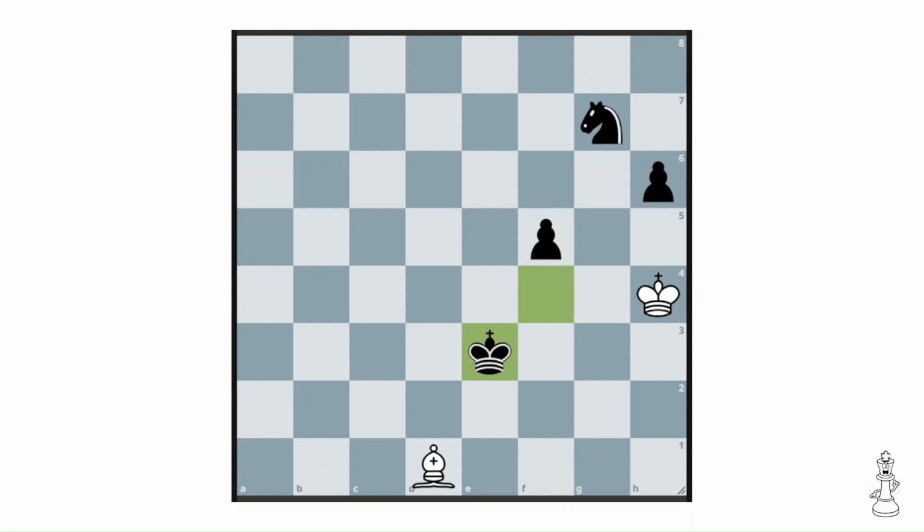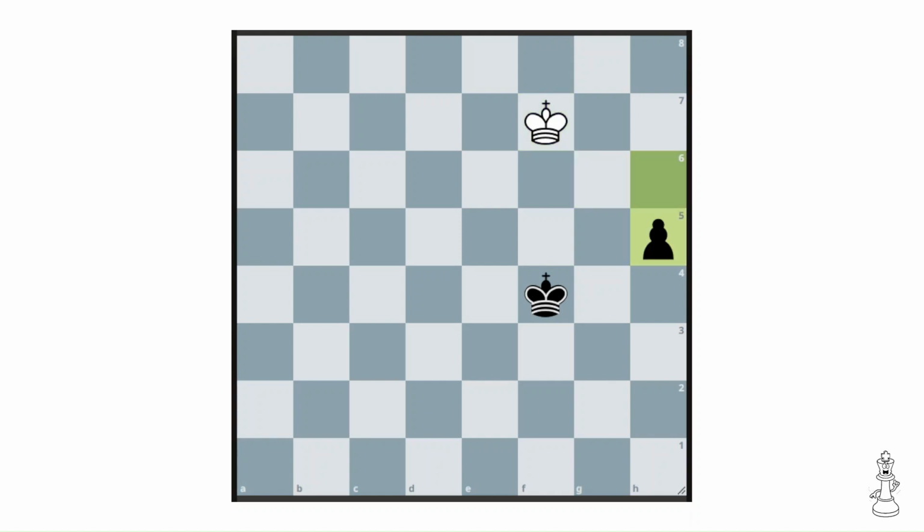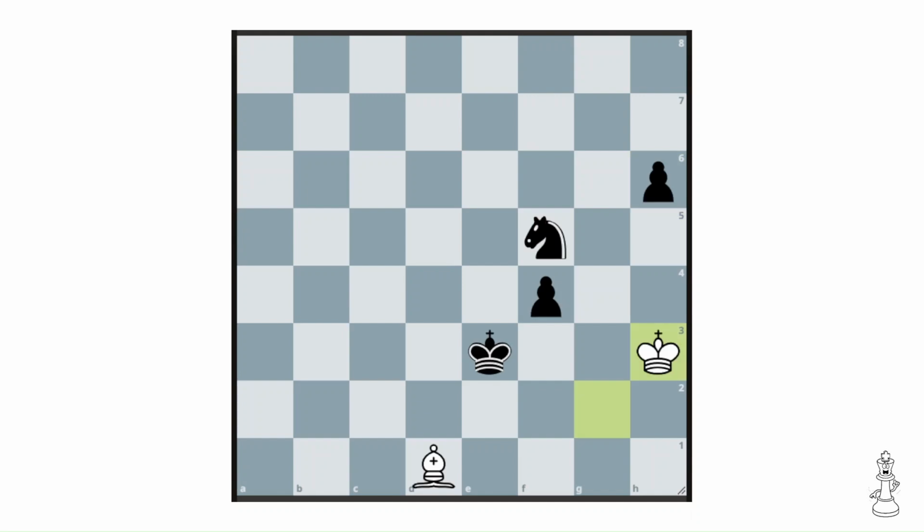King h3. Leaping into the battle. Alternatively, no better is bishop g4, and the pawn promotes. So instead of bishop g4, king h3,